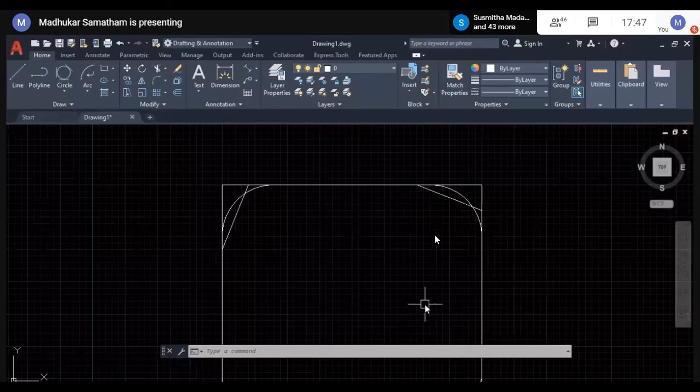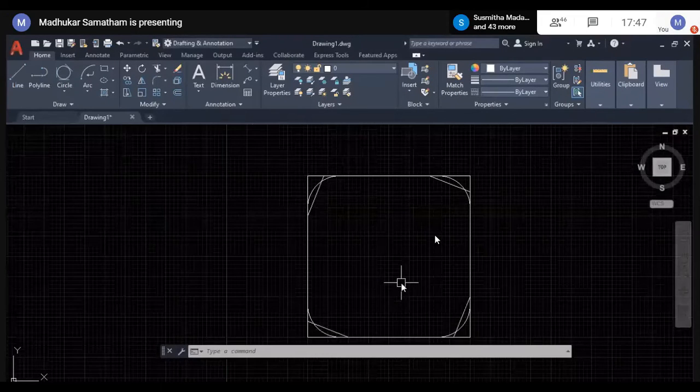Same values, whatever we specified for the chamfer rectangle, normal rectangle, and fillet rectangle. By using these chamfer and fillet options, you can directly generate rectangles with those features. If you don't know the rectangle options, generally people will first draw their rectangle, then go for chamfers and fillets. Instead of doing it like that, it is better to do it like this.